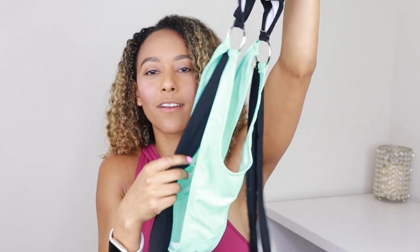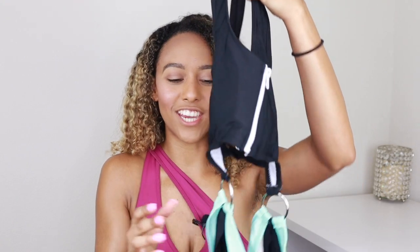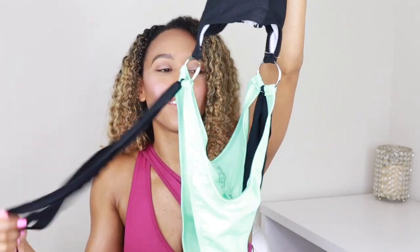So I was really excited whenever I saw this on Shein, because I've seen these swimsuits so many times on official designer brands, and they were just way too expensive. But I'm just so sorry, I can't justify spending $100 plus on a swimsuit. So whenever I saw this on Shein, I was blown away, and I was so happy because these little tassels